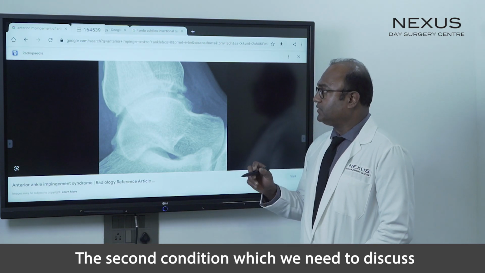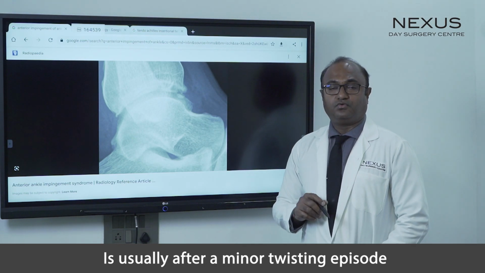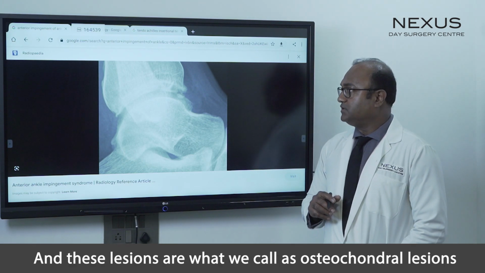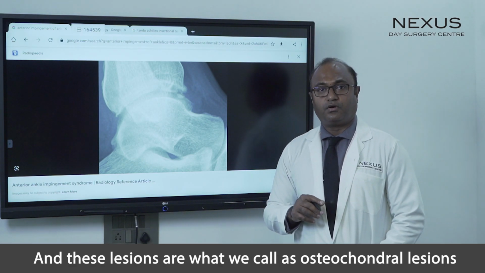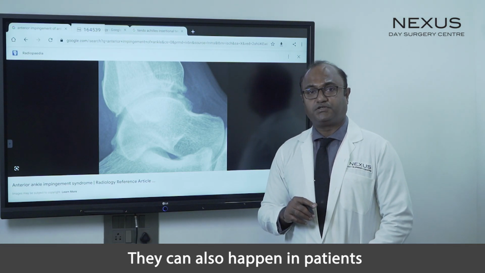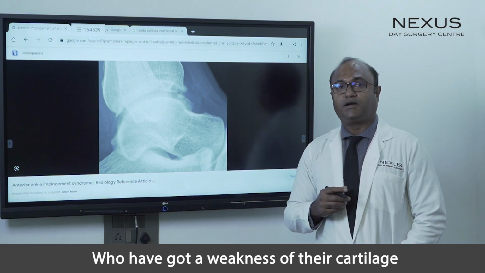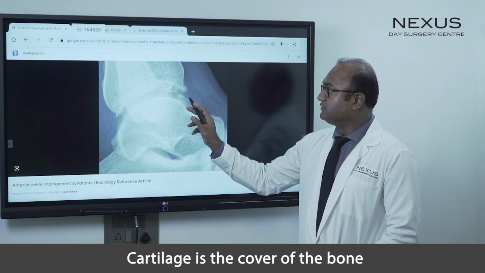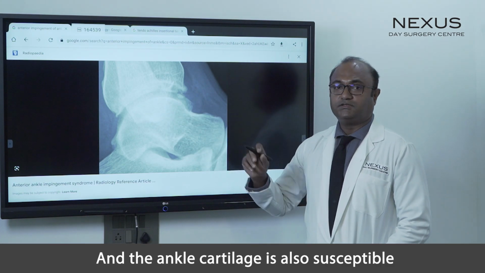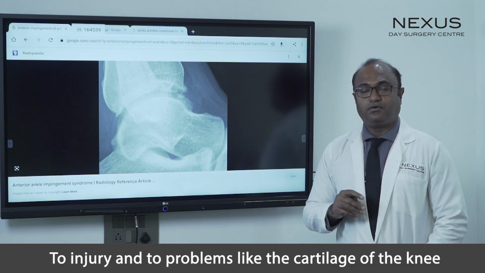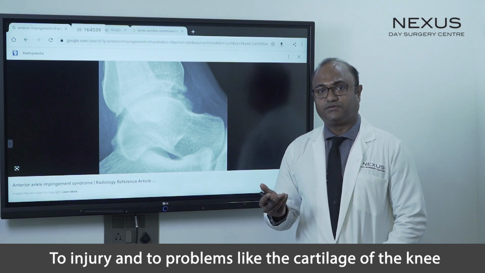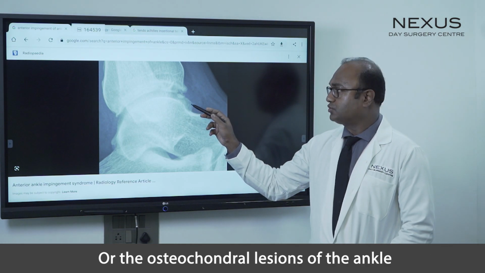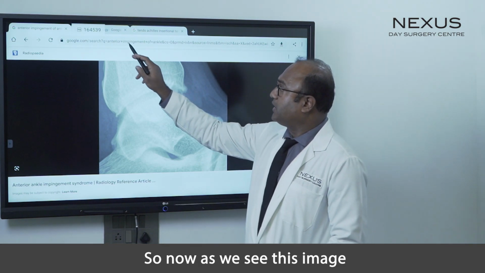The second condition which we need to discuss in the front of the ankle is usually seen after a minor twisting episode, and these lesions are what we call osteochondral lesions. They can also happen in patients who have a weakness of their cartilage, a condition called osteochondritis dissecans. Cartilage is the cover of the bone, and the ankle cartilage is also susceptible to injury and to problems like the cartilage of the knee, and this is what we call osteochondritis dissecans or osteochondral lesions of the ankle. So, now as we see in this image,